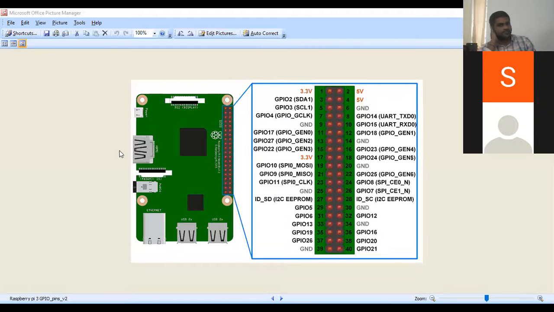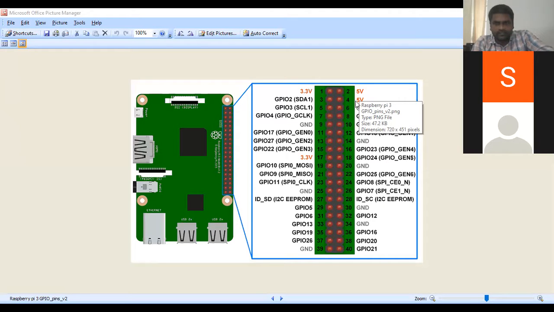See, these are the GPIO pins. Right. So we have GPIO numbers. See here, this is the input voltage power connection. The 3.3 volt connection is pin 1 and 5 volts is pin 2 and 3.